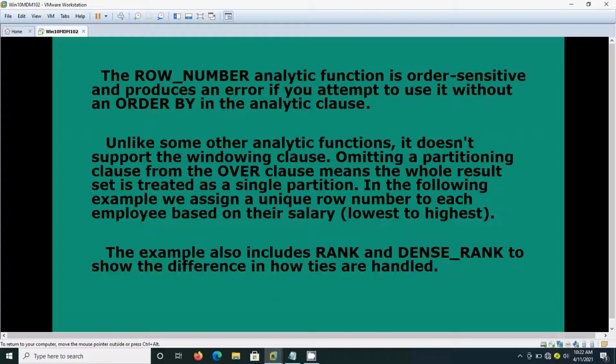In the following example, we are going to see one query. We assign a unique row number to each employee based on their salary, that means from lowest to highest.